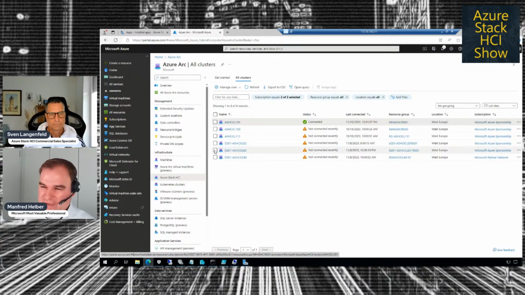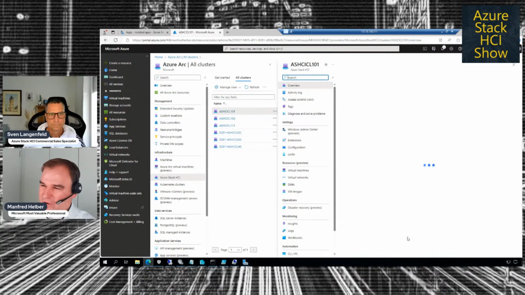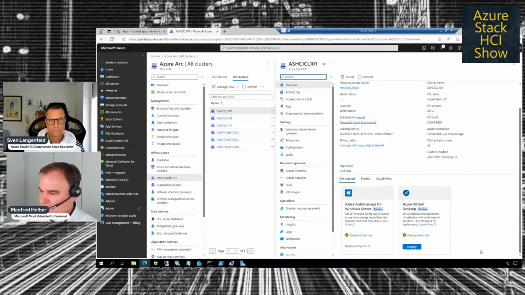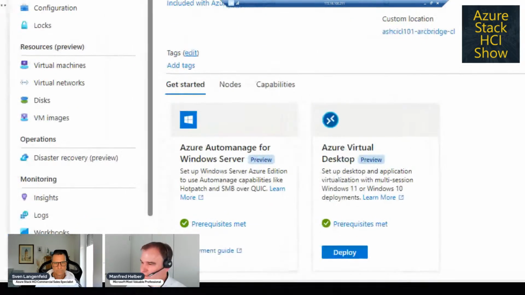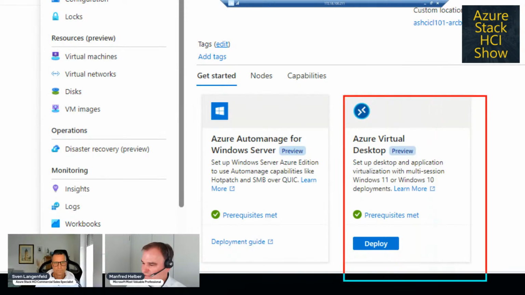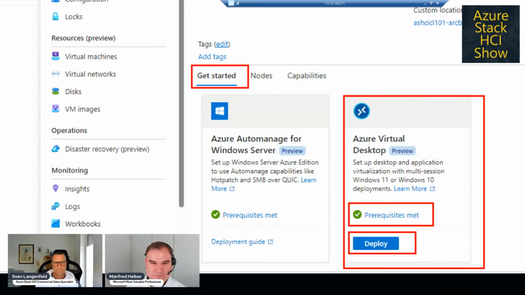And if it's okay, I can show this in the portal, because when I choose such a cluster, we have this already in the portal. It's not completely functional today, but here on my cluster, I can see there's an Azure Virtual Desktop getting started with it, where I can start here in deployment, and I can read here prerequisites met.